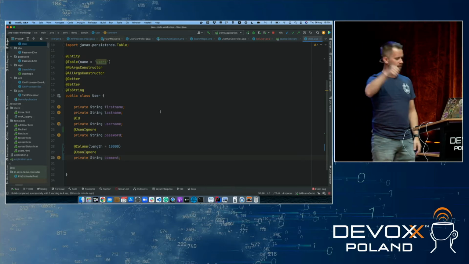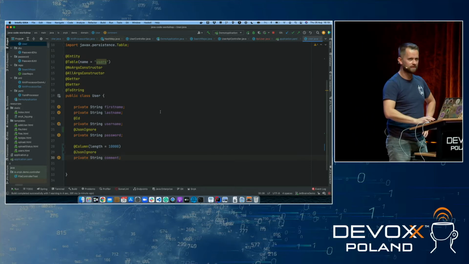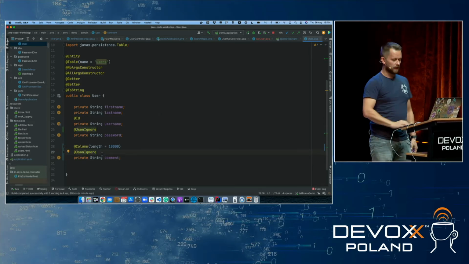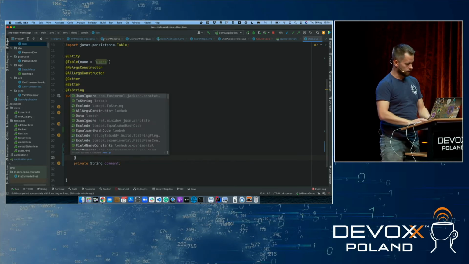Good, now we have records. Perfect. Done. Just use Java 17 or 16 records. Cool. But within Lombok, I can just override the toString method. But again, I said I'm lazy, so I can do something like